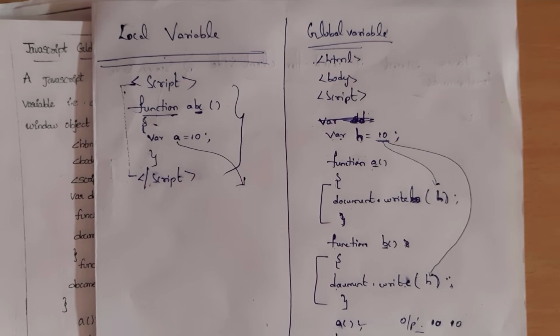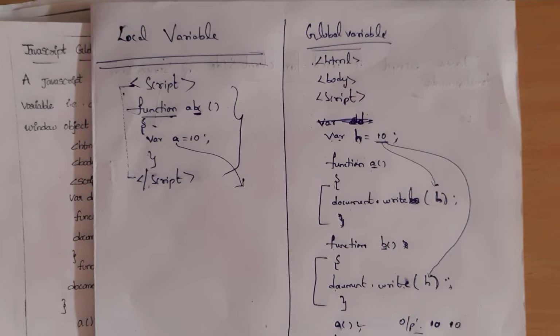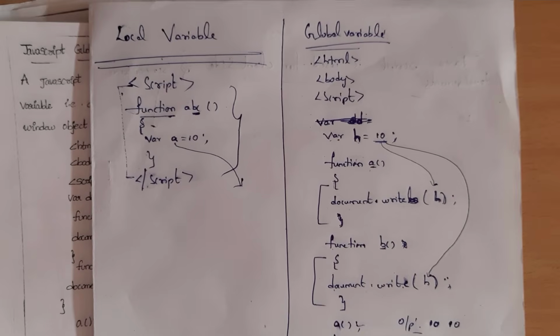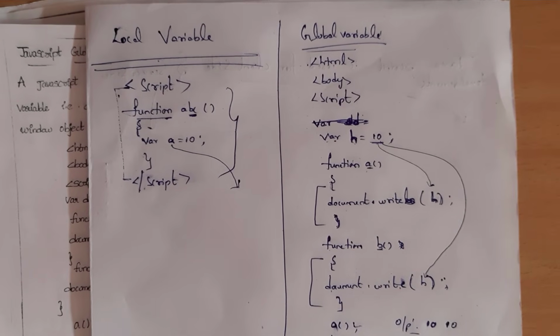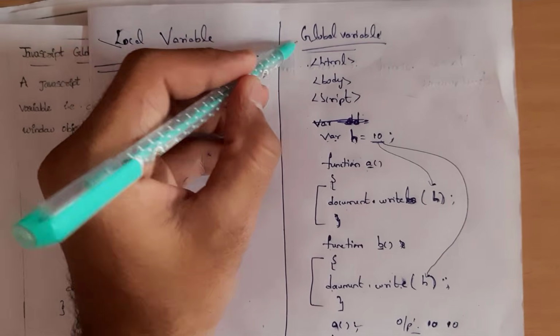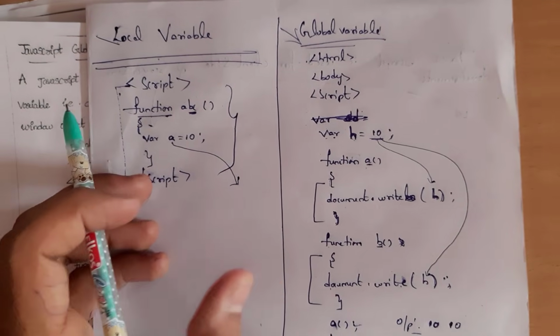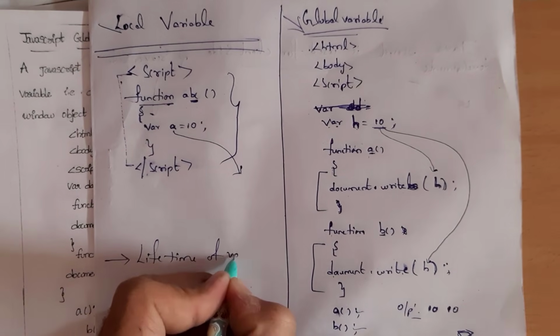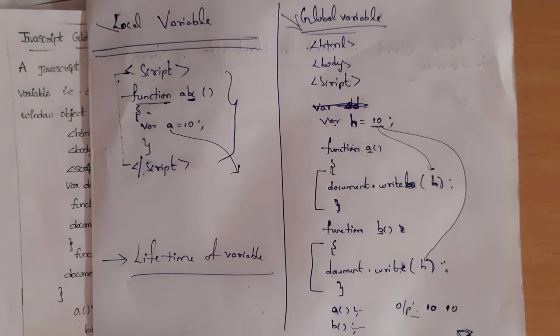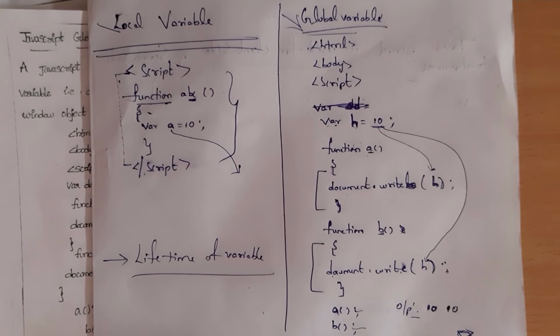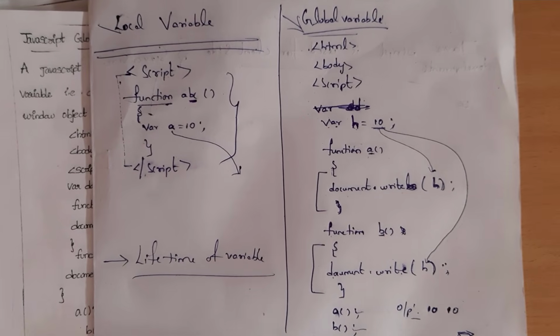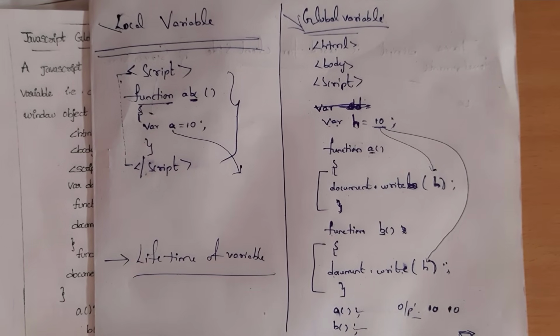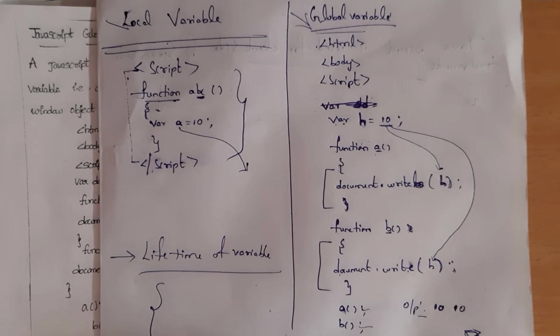If a scope of variable question comes in the exam, then at first you need to write the definition of variable and you need to write an example of variable, and after that you need to write that variable is classified into two types. First one is local variable and global variable, and you need to write this program. Lifetime of variable is the next topic. Lifetime of variable means how much time a variable is present inside our program, from creating the variable to the end of the variable. This entire time is known as lifetime of variable.